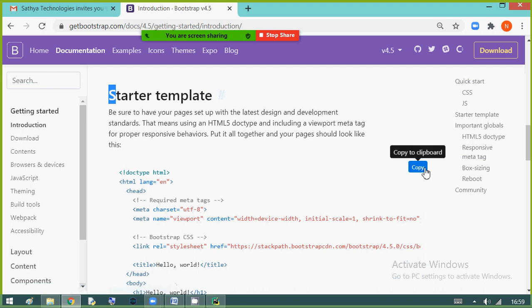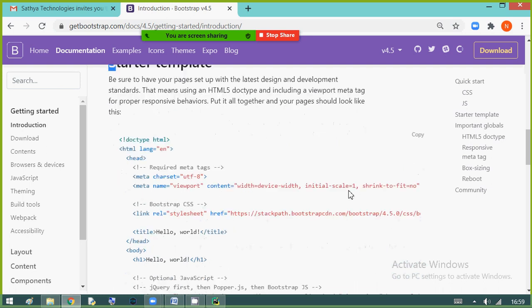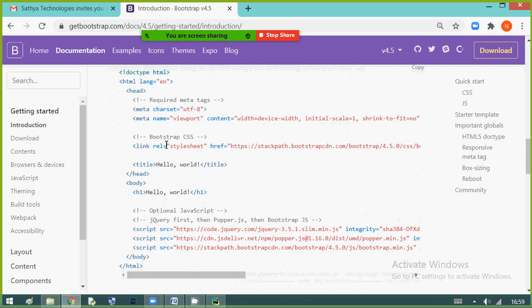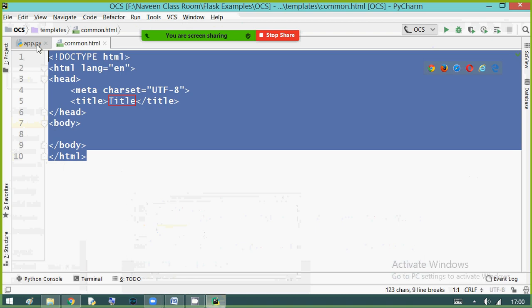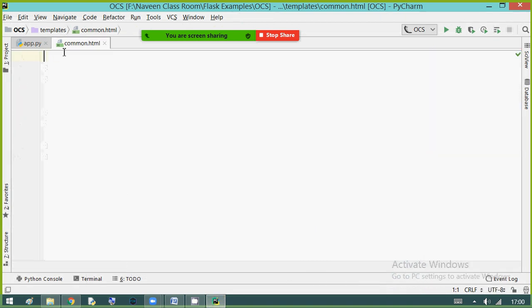Just blindly copy this code, which contains all your Bootstrap related CSS designs, hyperlinks, jQuery links, everything integrated here. And point to be noted, we are using version 4.5 of Bootstrap. So simply copy the entire code. Now come back to your HTML, remove this code and paste it.